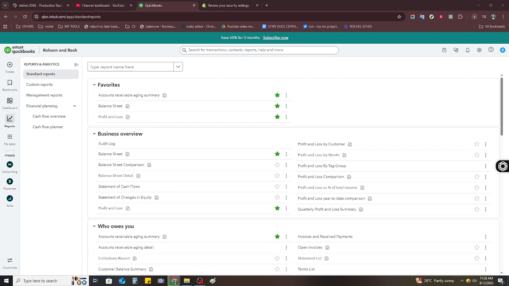And that's it. By following these steps, you've successfully accessed and reviewed your trial balance report in QuickBooks Online. This report is a powerful tool that provides a comprehensive view of your financial standing, serving as a foundational step in accurate financial